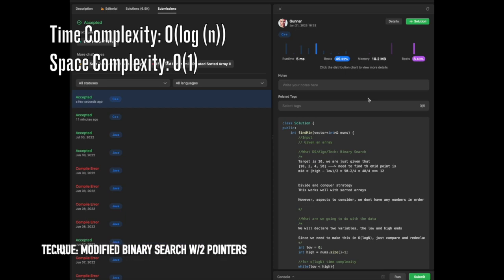Okay, and it works perfectly well. So the time complexity in particular for this is going to be O of log n, where n is referring to the length of the array, because we're essentially just doing a binary search, and the space complexity is going to be